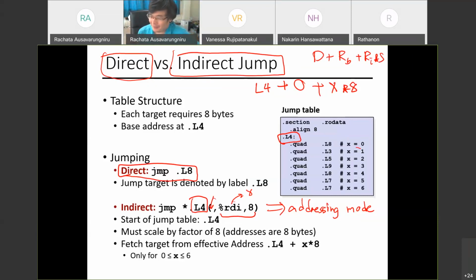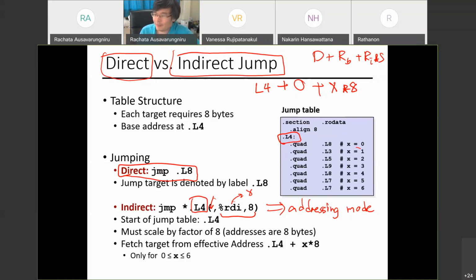In a 64-bit machine, how big is my address? In a 64-bit machine, I need to represent one single address value. I need 64 bits. What is 64 divided by 8? 8 bytes, right? So each address would need to take 8 bytes. Are you all with me? Basically, each address is 8 bytes,